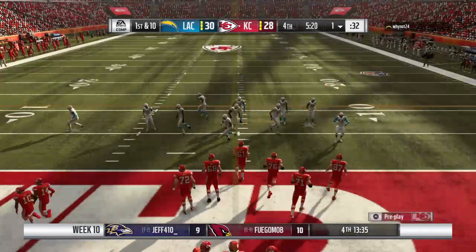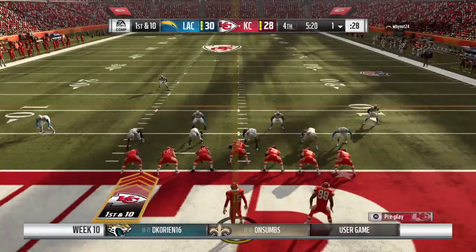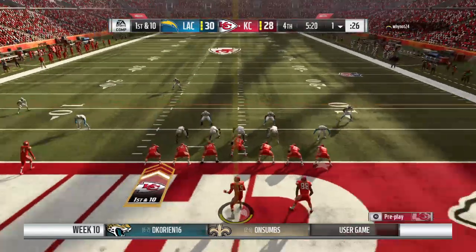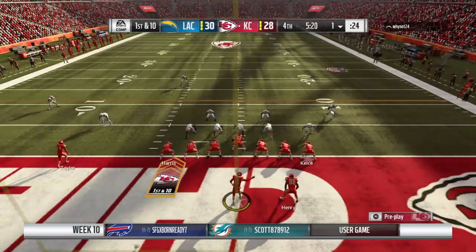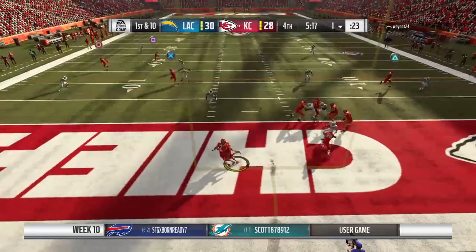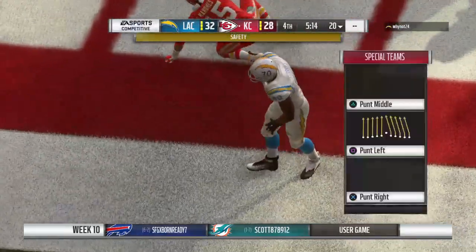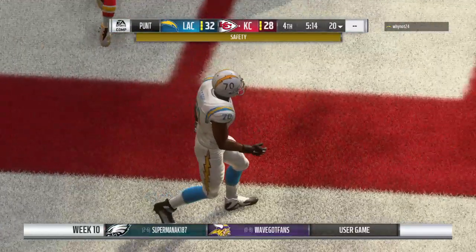We saw a number of good games earlier today. This one might top all of those. It's been a dandy as we come up on 1st and 10. In his own end zone, it's Mahomes. Forced out, and Mahomes is going to go down in the end zone, and that is going to be a